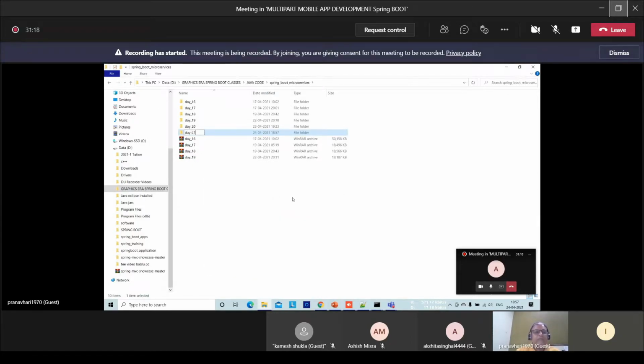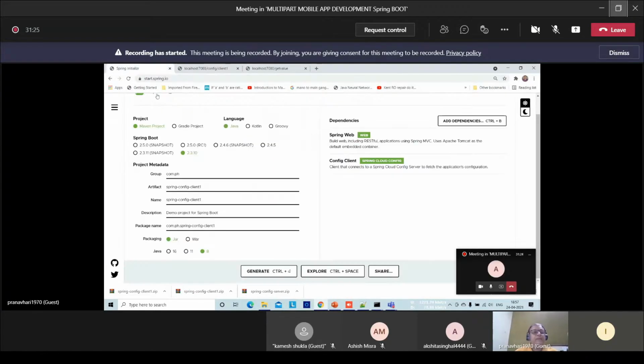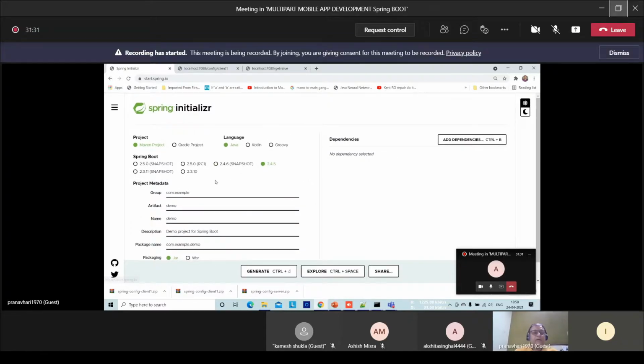Now what I am supposed to do is go to Spring Initializr and reset all the things. By default, the latest version is always selected.